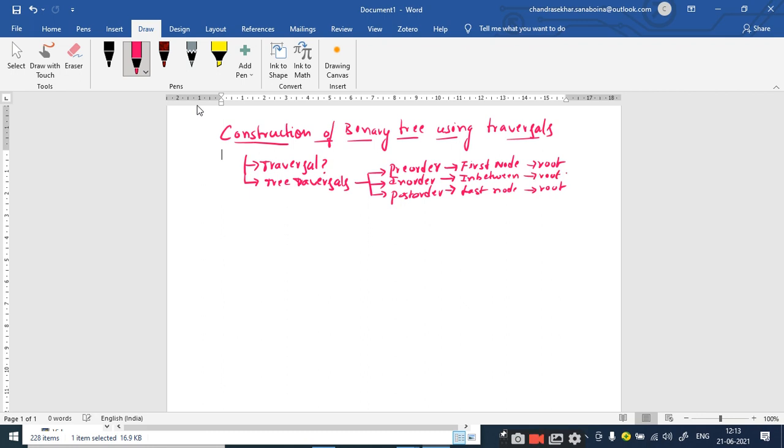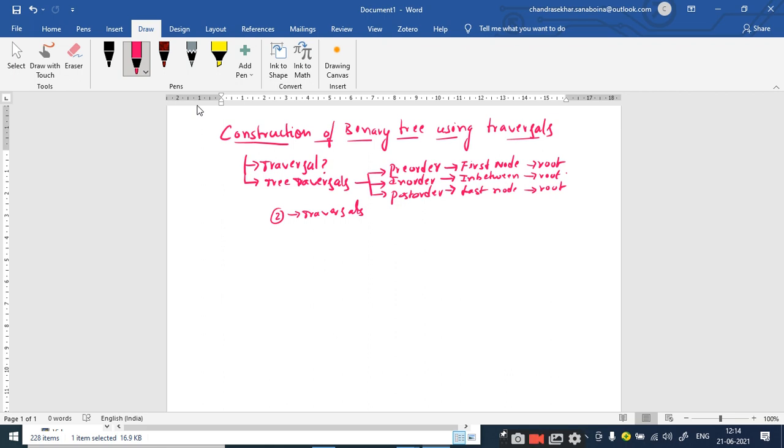Right. So listen carefully. In order to construct the binary tree using the traversal techniques, we require 2 traversals. Minimum 2 traversals are required. But we will discuss some other concept in the next class, like binary search tree, where we will be dealing with these in-order, pre-order and post-order traversal also.